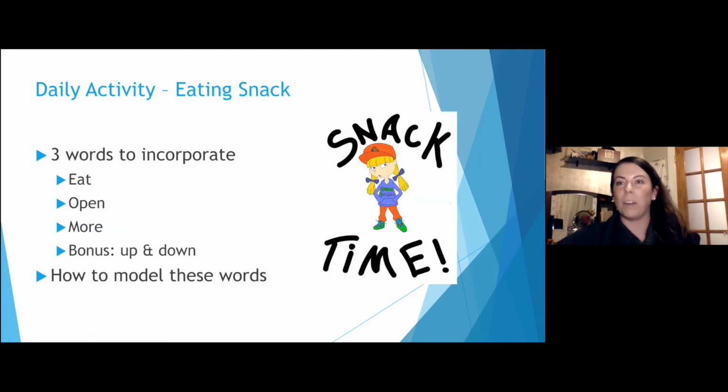This is the reason why I typically like to suggest it, is you're sitting at a table. It's usually a little bit more structured than it is when you're playing on the floor, and you're able to have the device in a specific spot. You're able to have your snack. I would suggest having it in some kind of closed container. So then that way you have to model "open" and opening the container to then get one out.